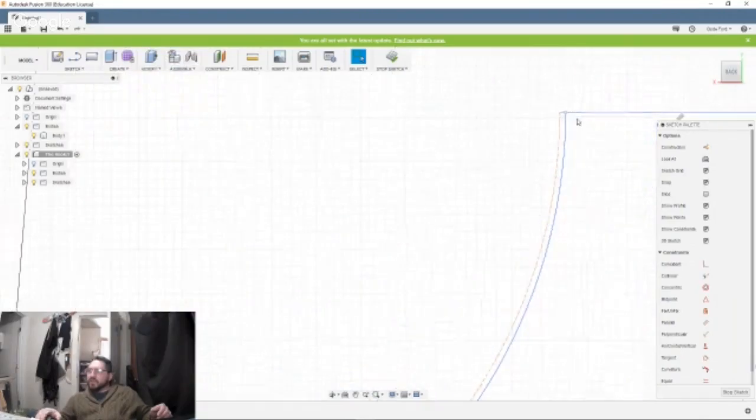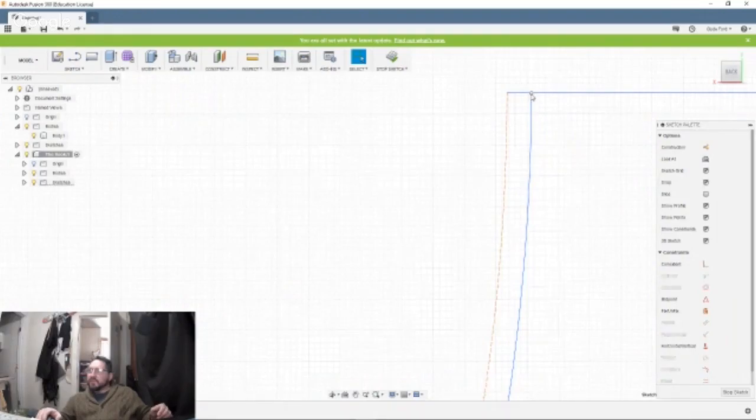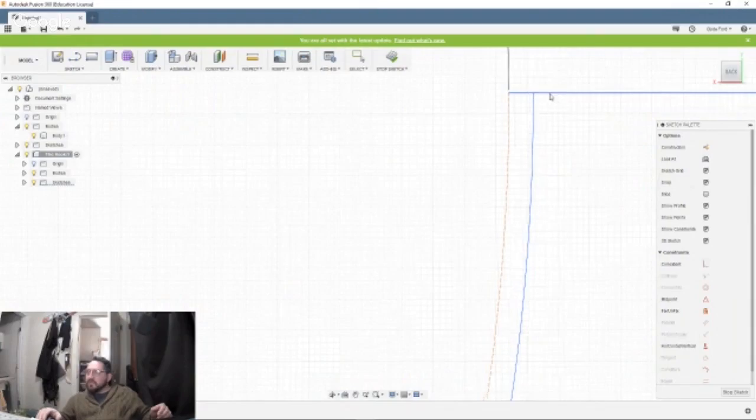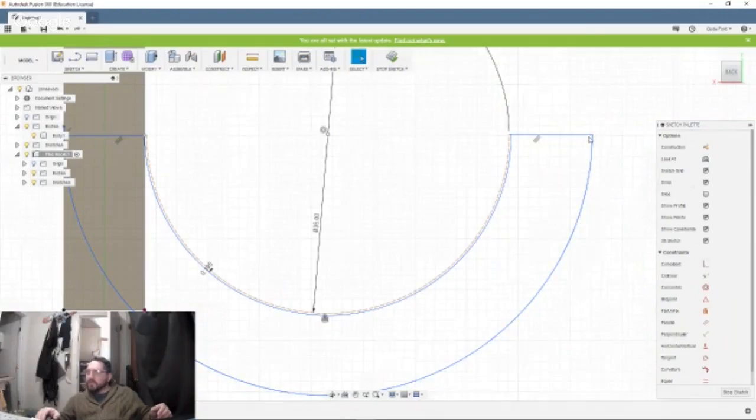So go over and click that point. Yeah, just the actual point. Yep. Oops. Tell it to coincidence. And then click the line. And it should line right up. Not that line, but that one, yeah. Do it to the other corner, too. The corner's not closed. Zoom right in on that and make sure it's closed.